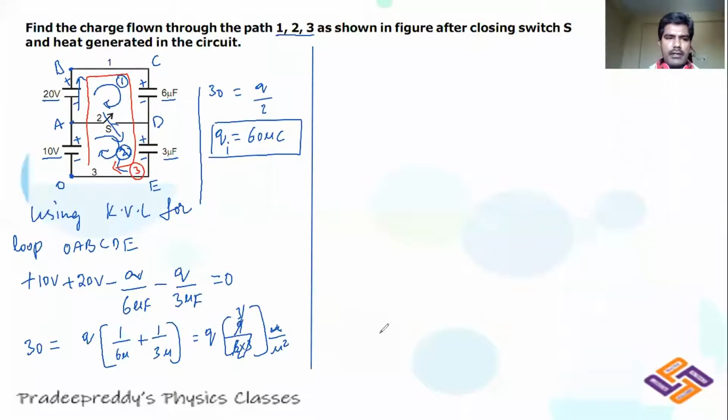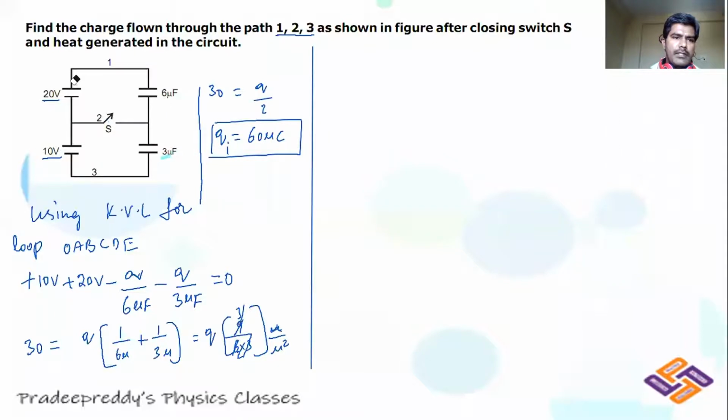Now let me write down those. First I'll clear these all. This is the actual circuit, right? Now you are closing this key. When you close this key, what would happen? There comes some charge from here. Let me consider that charge in path 1 as Q1. Q1 is the charge because this capacitor is now connected only to 20 volt. 6 microfarad is connected to only 20 volt when you are switching on this second key.